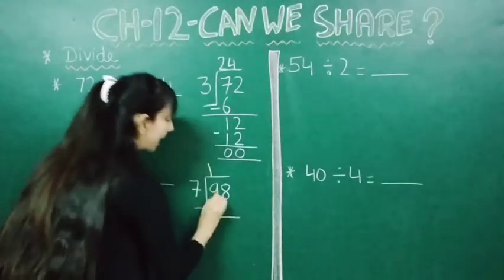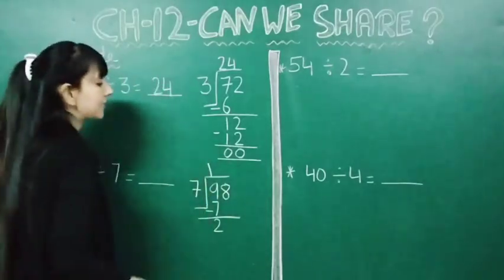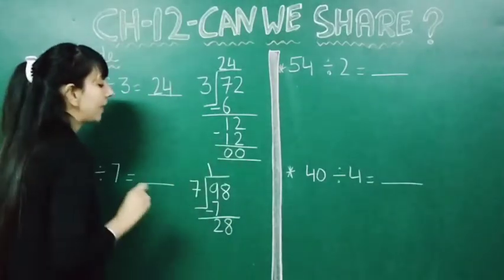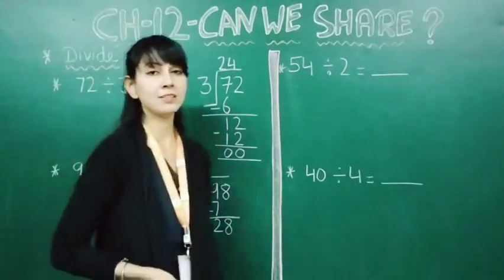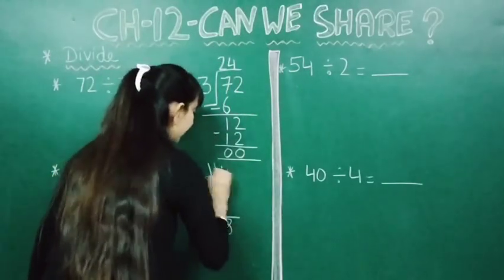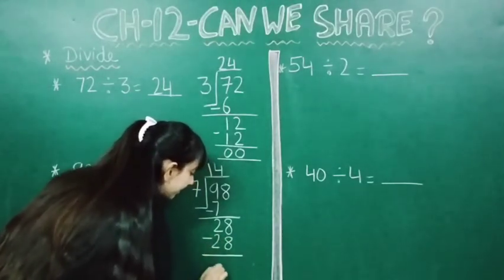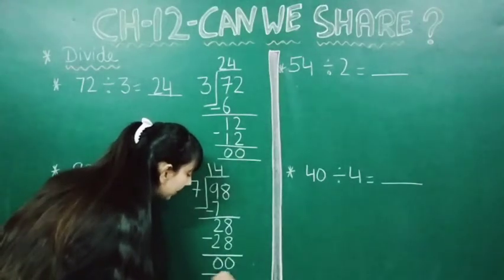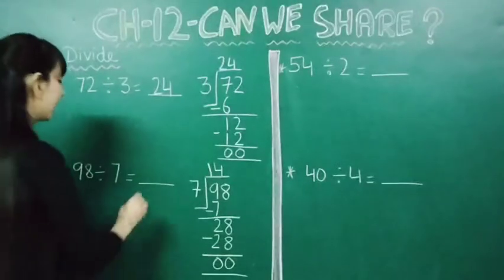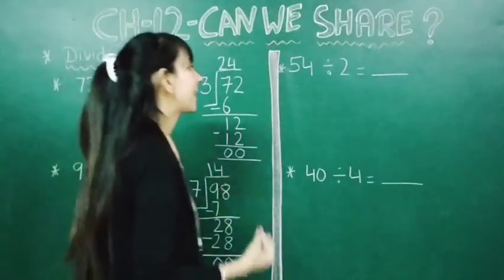Now 9 minus 7. So yes, it will come 2. And we will just bring down this 8. Now this will become 28. Now when 28 comes in table of 7, yes, 7 4s are 28. So here it will come 4 and here we will write 28 and we will just subtract this. Okay. So we will get 0 0. Yes. Now here the answer you got, that is 14. So here we will write 1 4, 14. Yes. Now let's see next one.